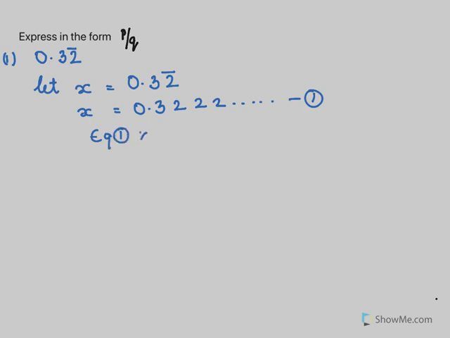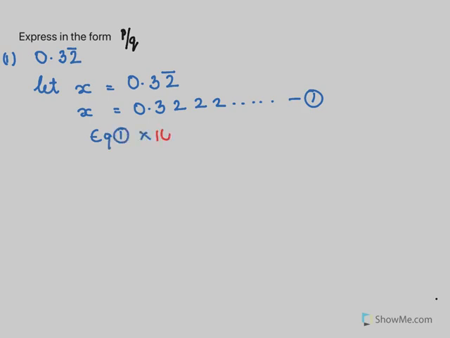Expressed in the form of p by q. This is 0.32 bar. So we say let x be equal to 0.32 bar, which means x equals 0.3222 indefinitely. Now this is equation 1, and the equation 1 we are going to multiply by